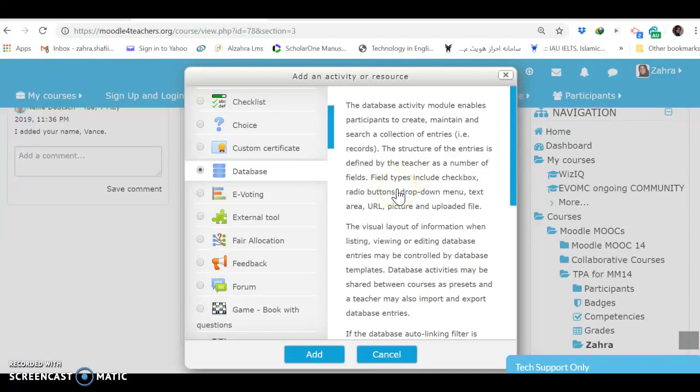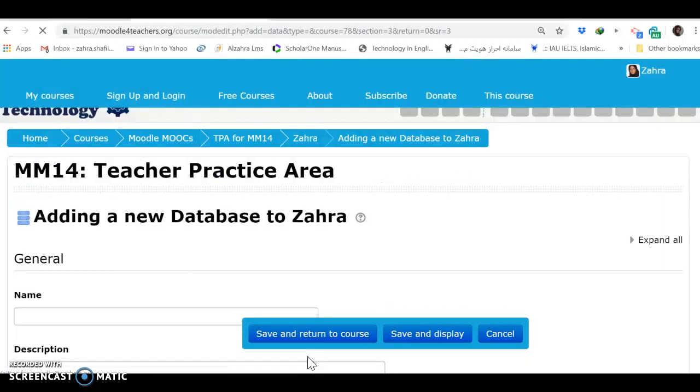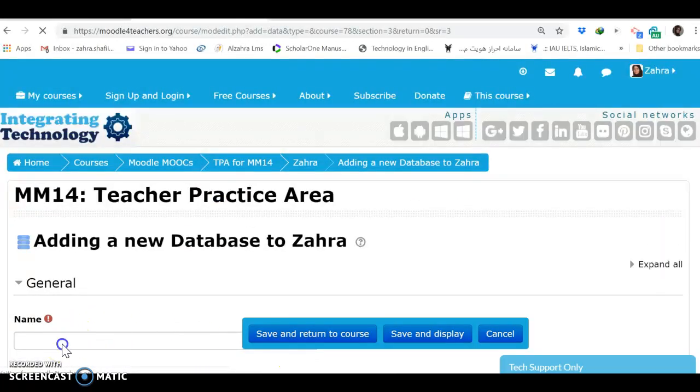Field types include checkbox, radio buttons, drop-down menu, text area, URL, pictures, and uploaded files, and you can read the description up to the end to see how this activity can help us. The name of the activity, let's call it file cabinet,